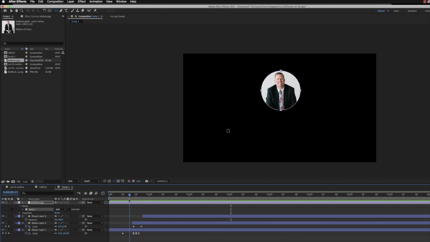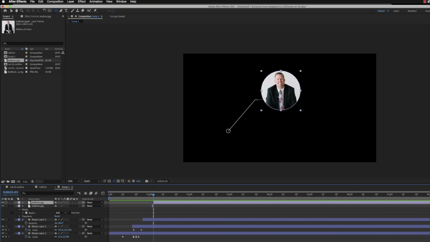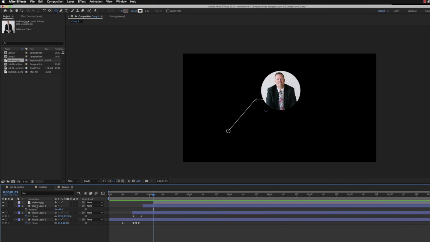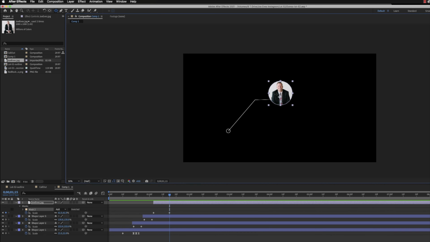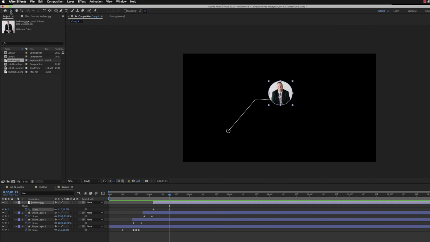And then maybe we want that to scale, so it goes to here. So we want this to scale. And if you want to trim it exactly, you can hit Shift Command D. It'll split the layer right at the playhead, and it's more exact. So now I could go ahead and hit S for scale, and I could scale it down. Maybe that's where I want it. I don't know. We're still going to mess with it, but we'll go ahead and put a keyframe there as well. So now I've got two keyframes,